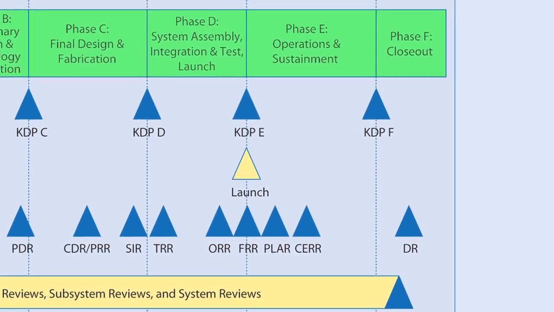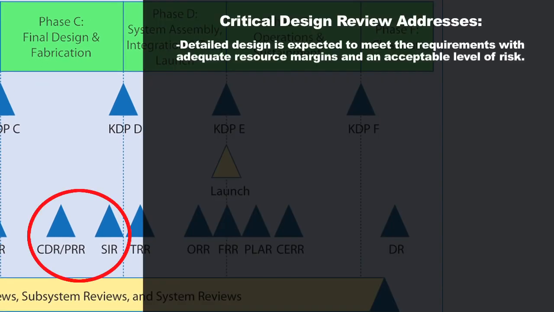And so at this point, you're going to be looking at all the detailed design work that you've done, and the external technical review team will be coming in to assess whether your design is going to be able to meet the requirements that have been laid out for it with adequate resource margins and an acceptable level of risk. And so they'll be looking at things like, you've defined a certain mass for this whole satellite. It can't be heavier than a certain amount or the launch vehicle won't be able to launch it. And so they're going to see that, does your current design and the way you've laid this out look like you'll be able to complete the work to build the spacecraft without going over that mass limit that you have